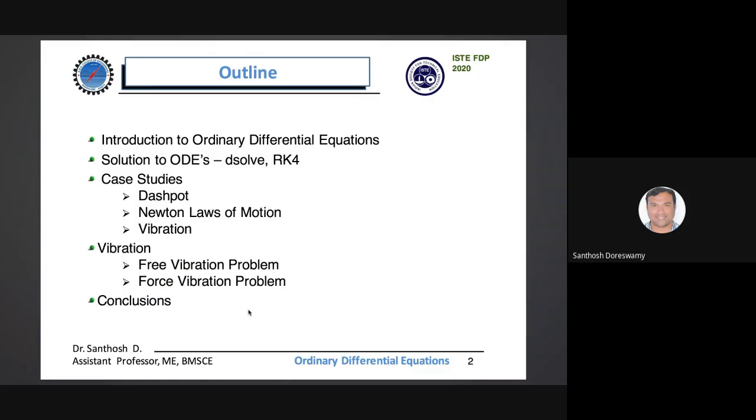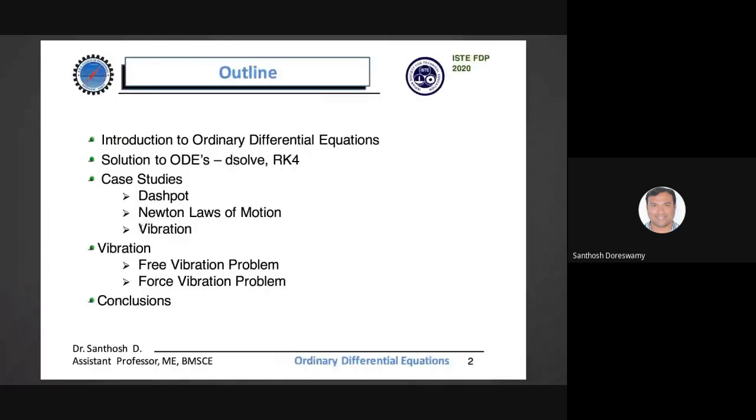And then we will move on to the case studies, where we will take some examples of writing a differential equation for a simple mechanical element, which is the dashpot, to yield a particular order differential equation. Then we will solve some of the problems on Newton's law of motion. We will then extend the techniques that we learn on solving these two differential equations, for a dashpot and for Newton's law of motion, to